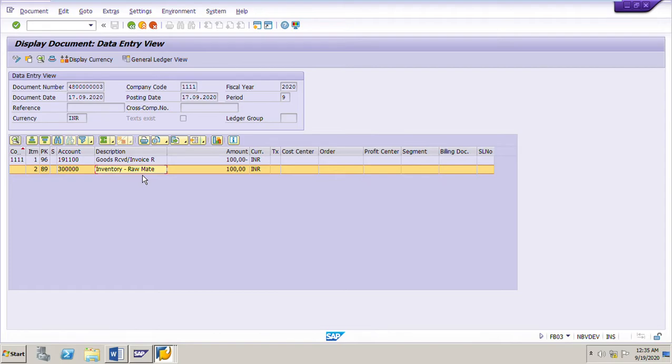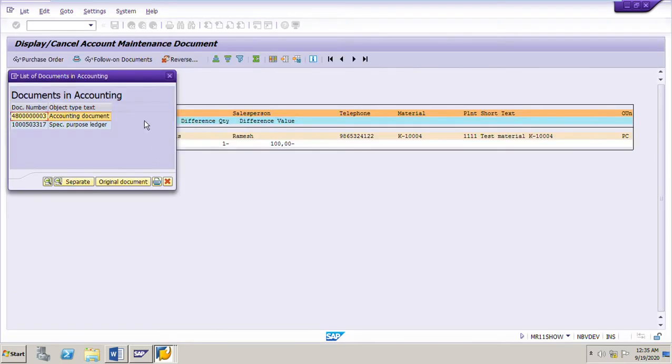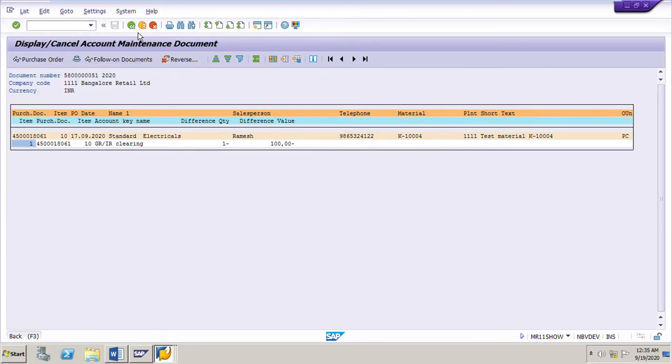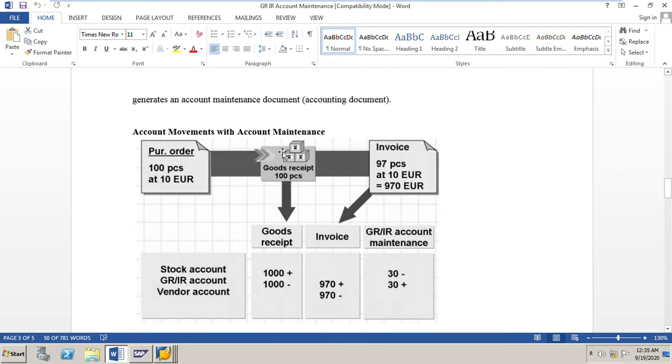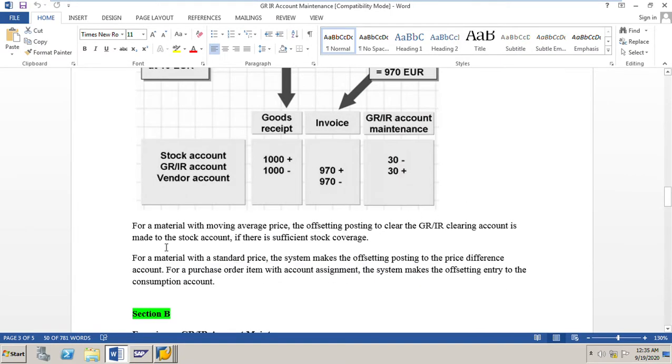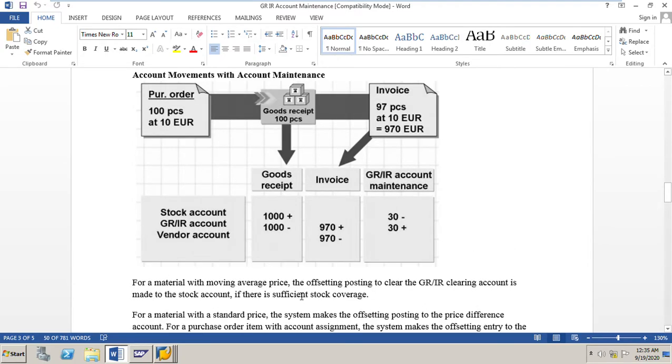There are some more important points to know: account movements with account maintenance. This is very important. For a material with moving average price, the offsetting posting to clear the GRIR clearing account is made to the stock account if there is sufficient stock coverage.